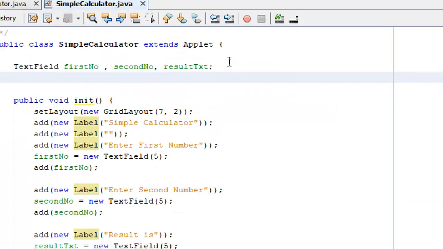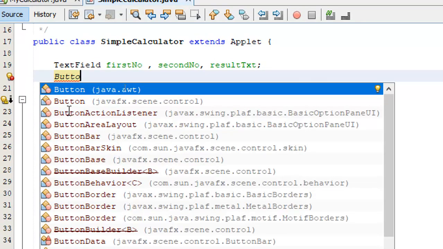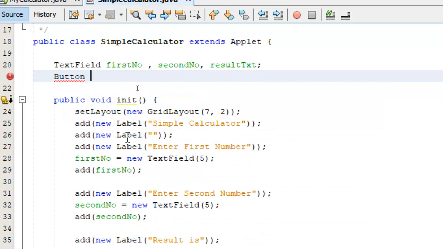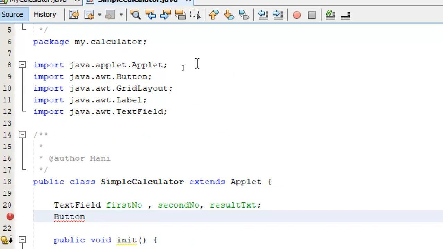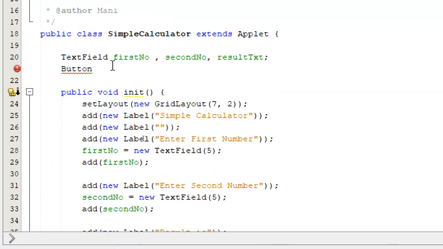As usual, because I want a reference to these buttons, I'm going to create the fields for these buttons. So I create an instance of button. By the way, button is imported from java.applet.Button. NetBeans does it directly for you, but you will have to remember that there must be an import statement if you are typing Java code directly in any other text editor.